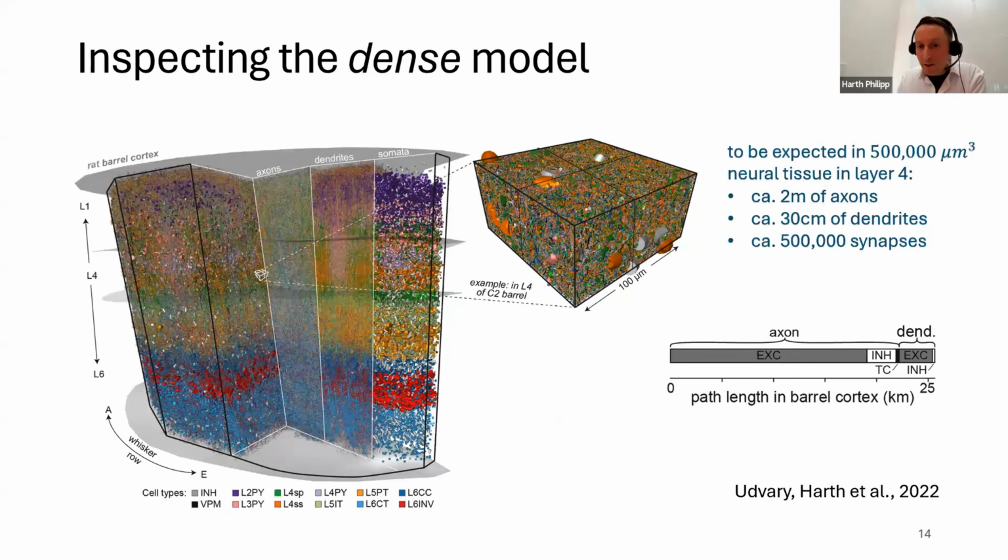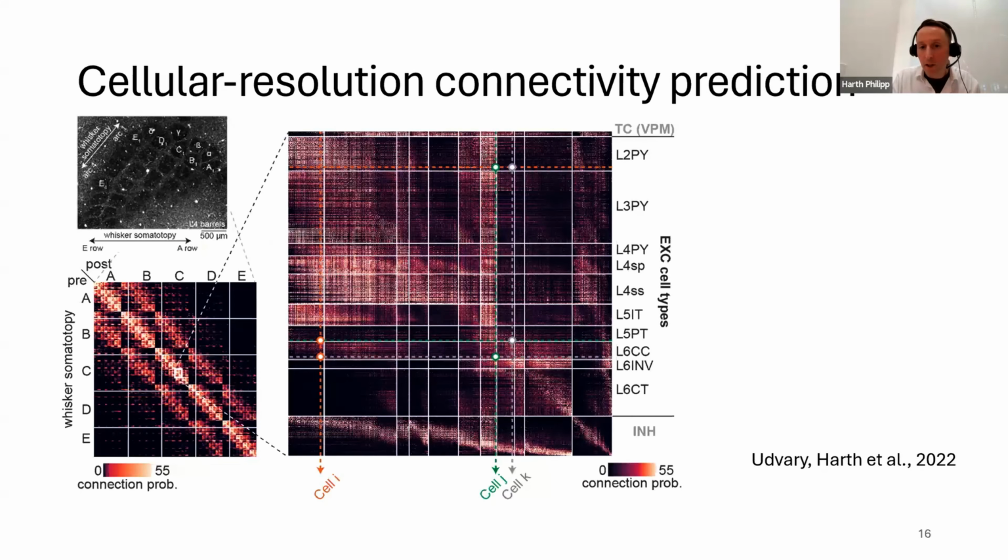So by microcircuits, do you mean the number of certain connectivity patterns or motifs? I mean the total number of synapses that you would find in this kind of area is in the billions. Even in this small volume, you have 500,000 synapses. So it's a highly complex network, which is also illustrated by this connectivity matrix.